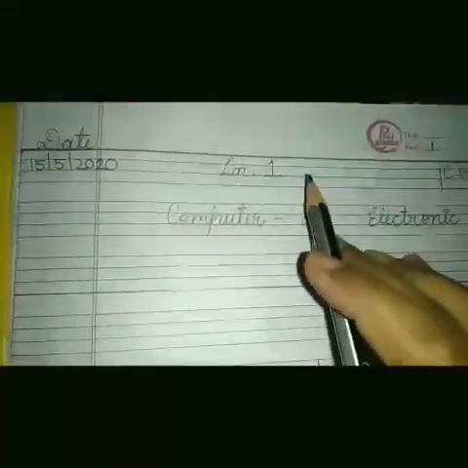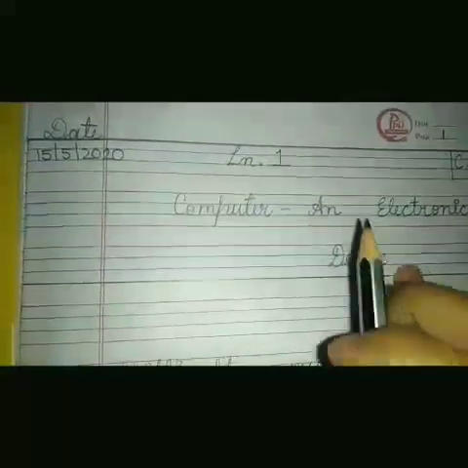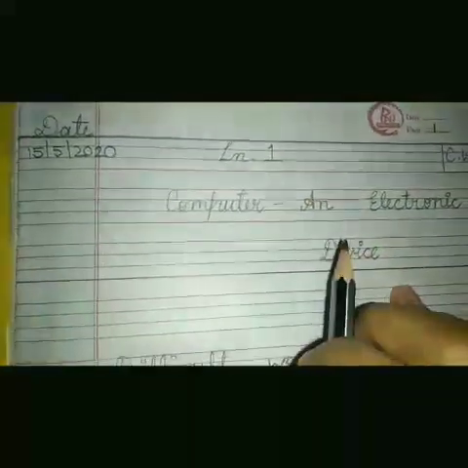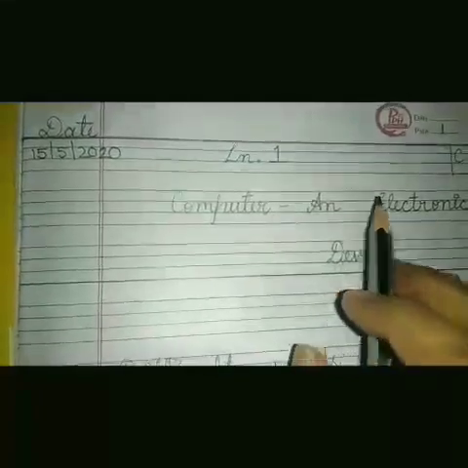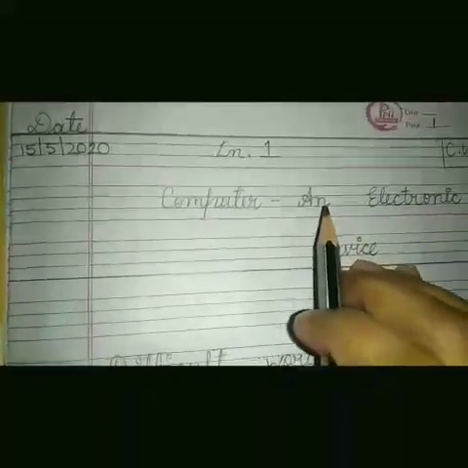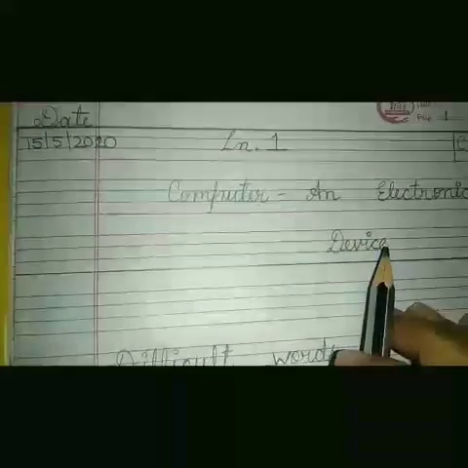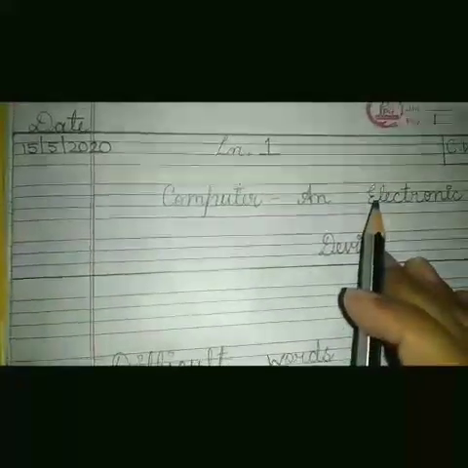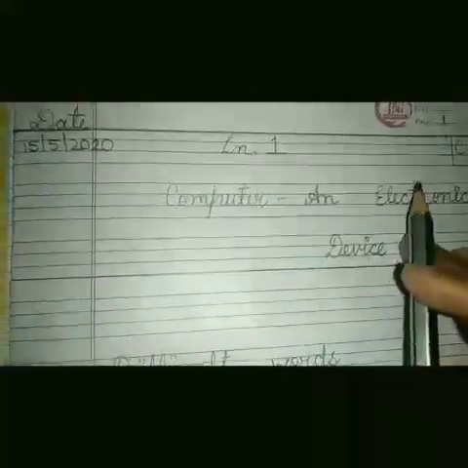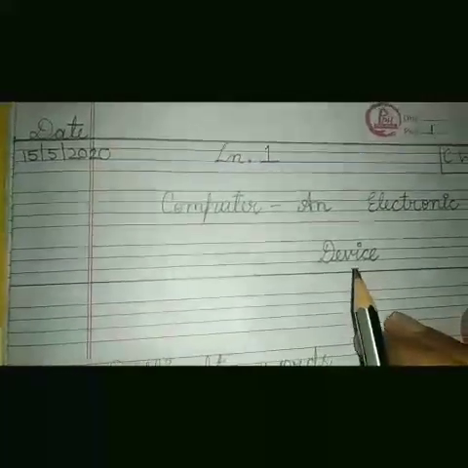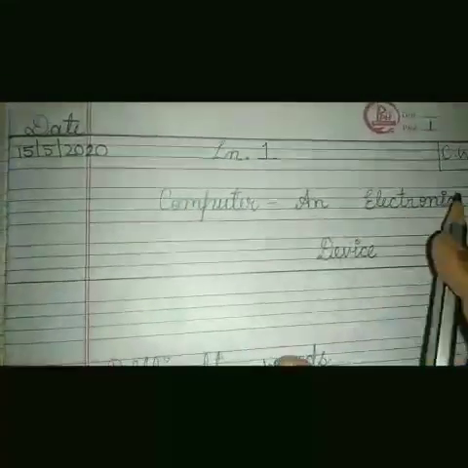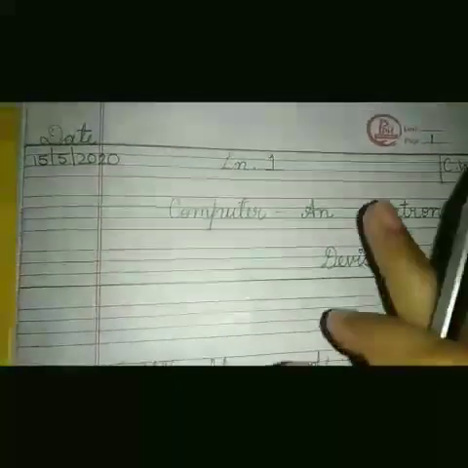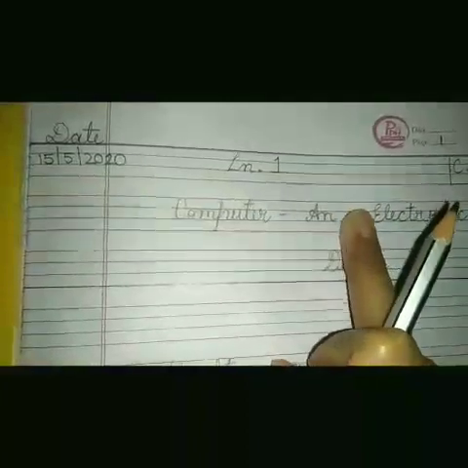Then draw 3-line margins. Usually we draw a 2-line margin, but here, as you can see, the lesson name does not fit in a single line, so I have used the next line also to complete the lesson name. You can do the same. Be sure to leave one finger gap between the words.